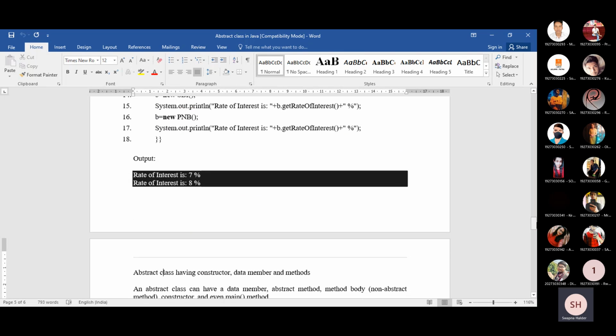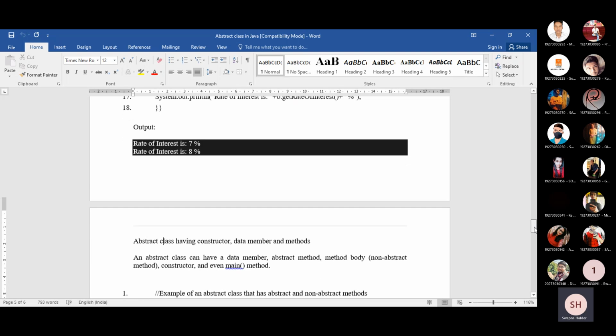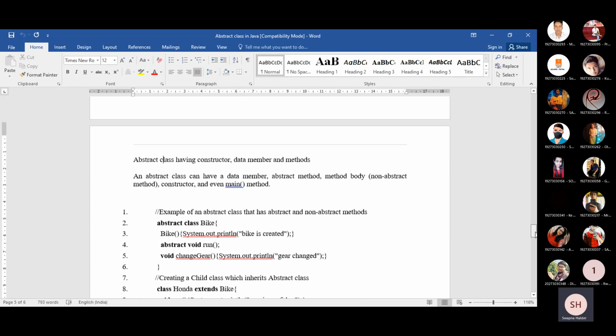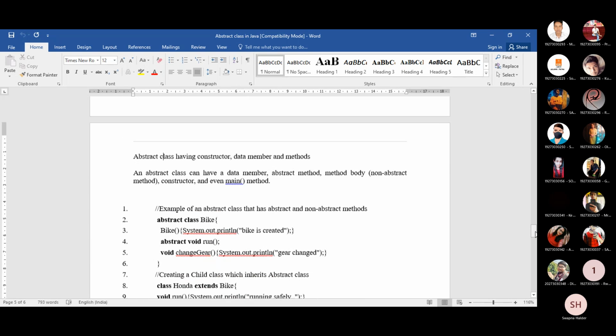The question is how we can define several rates of interest for several banks using the abstract class. And one example you have already done in your lab class, with an abstract method, that is draw, or calculate the area.